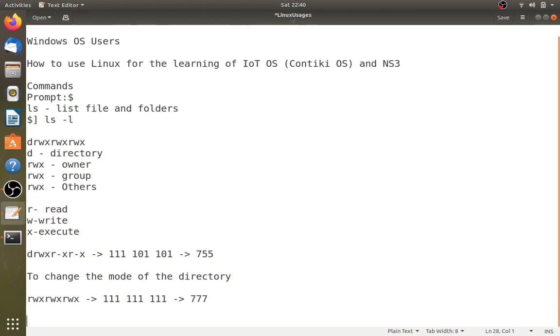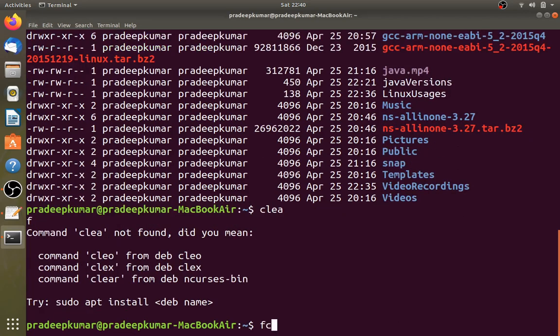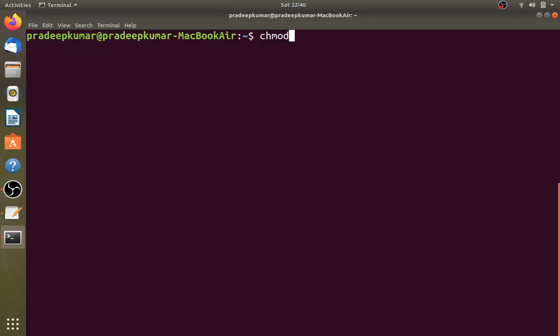So the command here is chmod 777, and the name of the file is contiki-ng. So I'll give the command chmod 777 contiki-ng. Okay, now no errors.